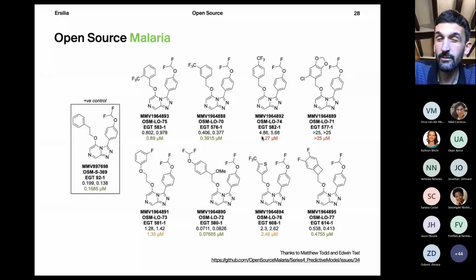We suggested, I believe, 8 candidates from this large pool that we produced with our machine learning tool. We selected 8 of them, and they eventually tested all of them. Out of the 8, 4 had submicromolar activity, which was quite satisfactory.